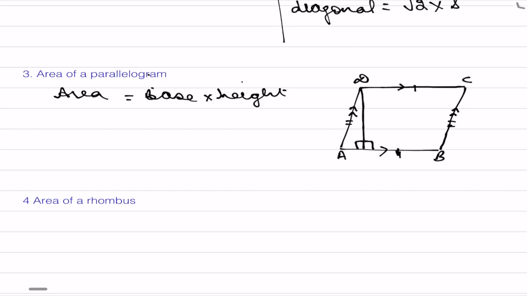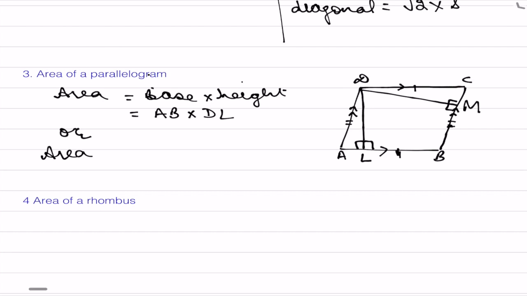So you can say if AB is a base and the distance between the parallel sides is DL, then the formula of the area of a parallelogram is AB into DL. Or if we consider BC as a base, now if we rotate the parallelogram, we can say BC is also a base. Then the distance between BC and AD, the parallel sides, suppose this is DM,